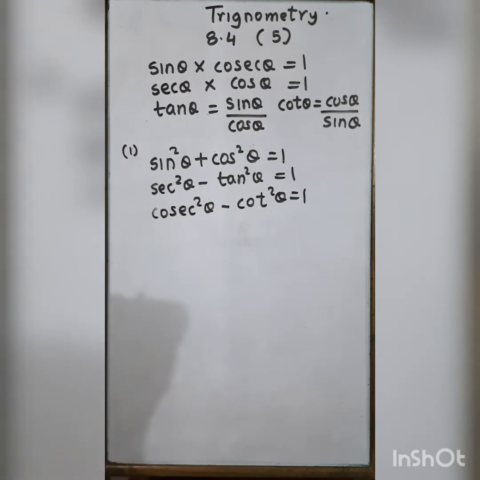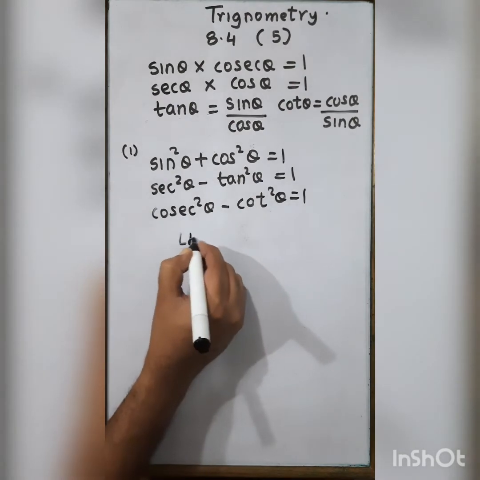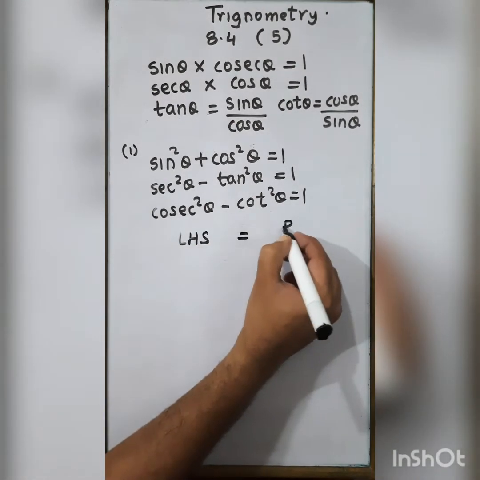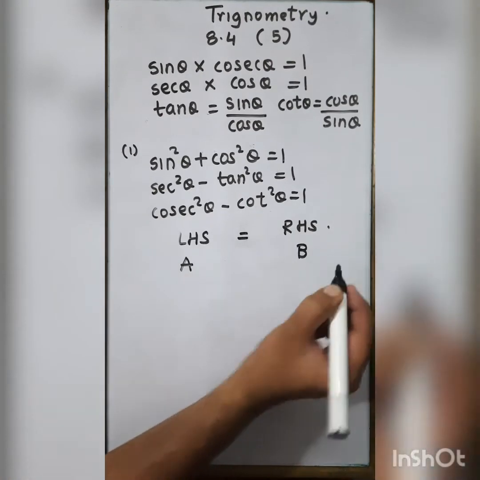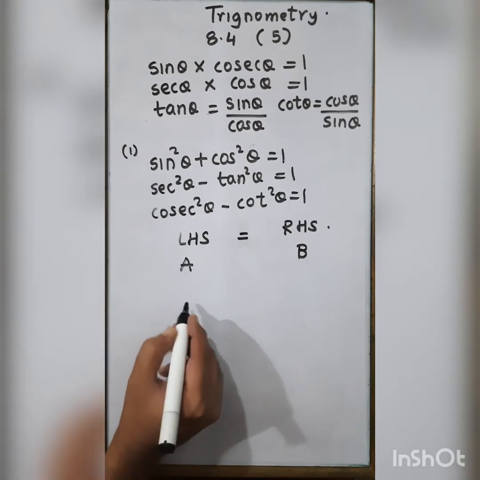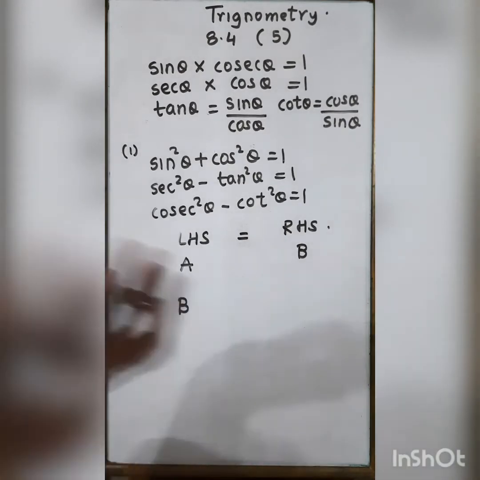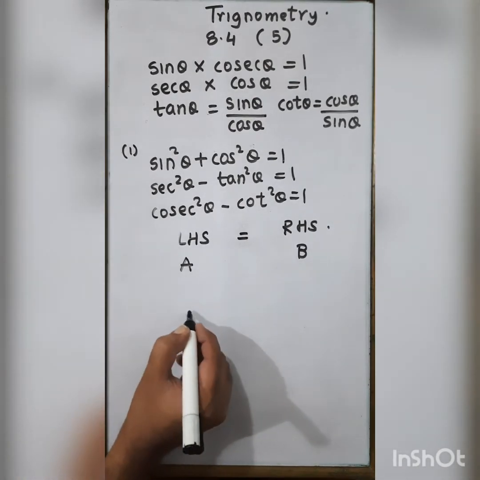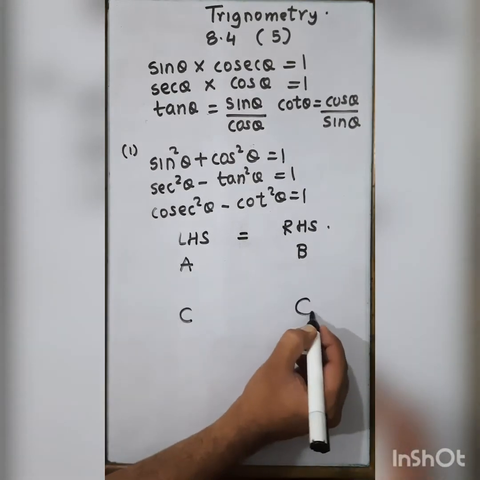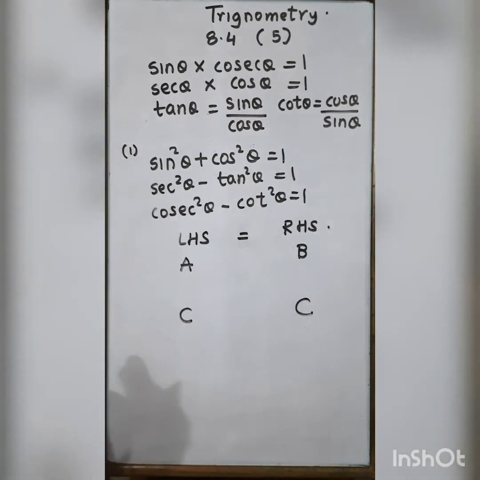Again, what are the tricks that we are going to use? Whenever you see square, try to use identities as far as possible. Our sum will become very easy. But there is a last resort for the sum. You have the left hand side and you have to prove left hand side is equal to right hand side. Now what are the two ways? Suppose in left hand side there is A and right hand side there is B. You solve left hand side and make this as B. So left hand side equals right hand side. That is one trick. The second trick is you solve A and make it C, and you solve B and make it C. So C is equal to C, so left hand side equals right hand side.